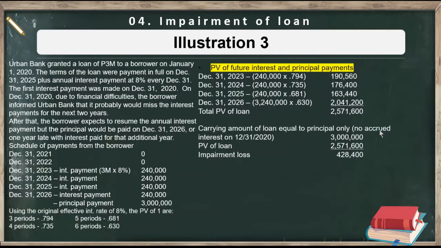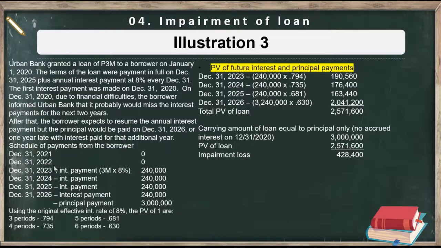So unlike on the previous problem that we had, where we had accrued interest of 300,000, probably because there was no payment made on December 31, here the first payment is made on December 31, 2020, so the borrower paid at that time. Unless it said that there was no payment on December 31, that unpaid interest would be part of the accrued interest. So our impairment loss here is